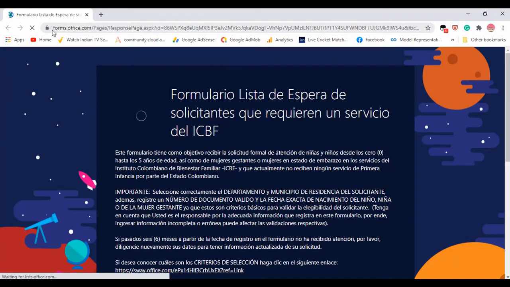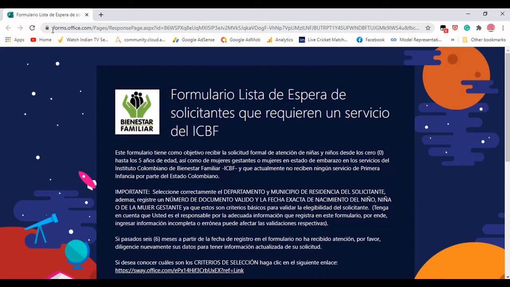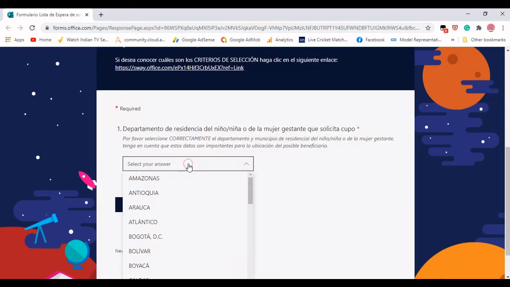Now the form is open, so it will show the page down. I have given a 3 seconds delay to load this form, and then it will click the page down, and then it will select the item. Here we have a 2 seconds delay, so it is waiting for that. Now it needs to select the Caesar. So let us see whether it is able to select Caesar or not.